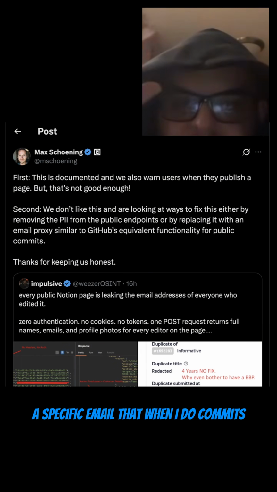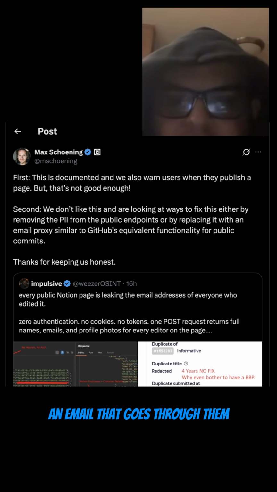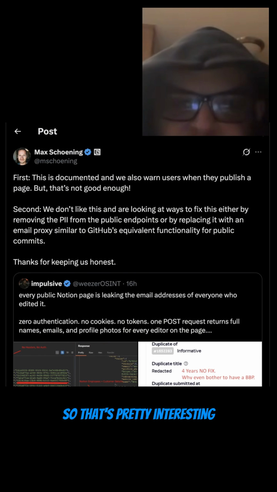I have a specific email that I use when I do commits, because every GitHub commit is tied to an email, but GitHub will give you an email that goes through them, which just has your username plus a bunch of numbers instead of your real email. So that's pretty interesting. But then we have this reply from David Kramer, who is the CTO of Sentry, and